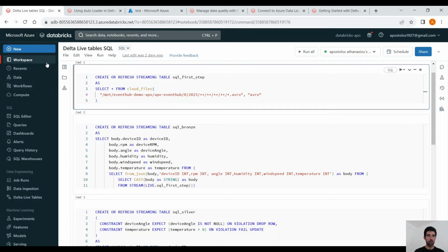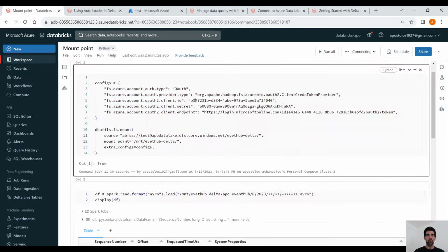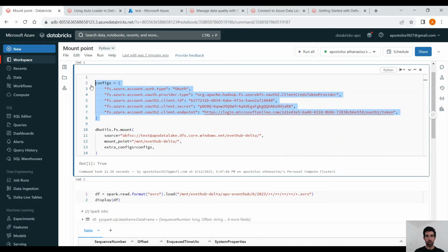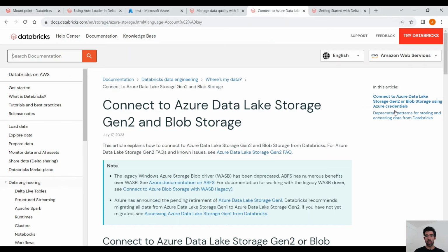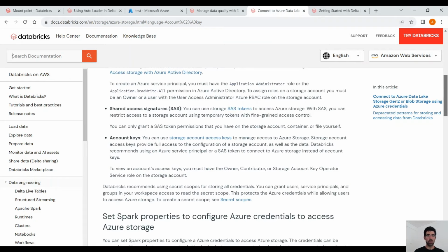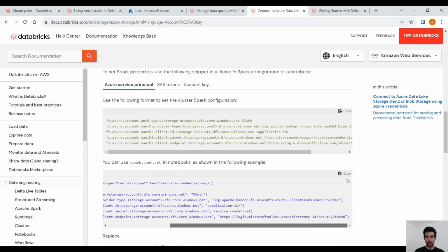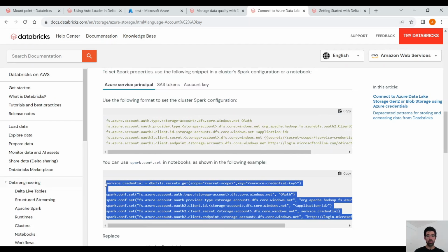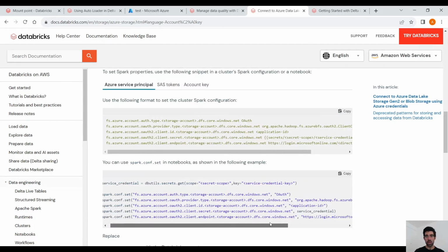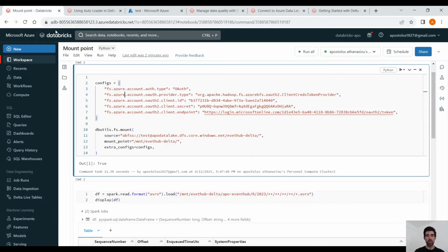Let's go back to our notebook where we create the mount point. And here, as you can see, we are using PySpark to set up the mount point. You can find that in the documentation. It's not code that I came up with. Here, using Azure Service Principal, you can set your credentials, and that's the code I used, using a service principal to access the data lake. So when we use service principal here,